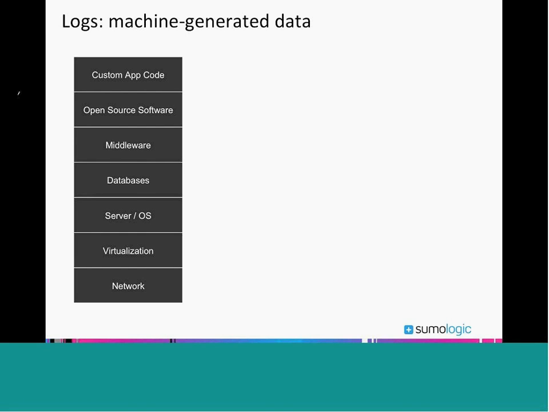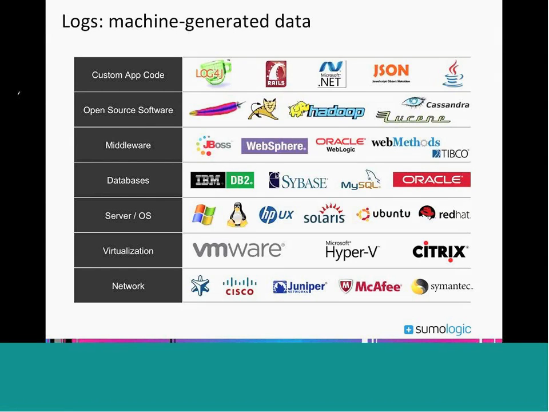And what the logs are is this machine-generated data, kind of the raw material. Basically anything that is a computer or a piece of computer software is going to be generating these logs. And given that computer infrastructure is the nervous system of modern organizations and businesses, there's a whole ton of logs being generated from a wide variety of software components. So given that companies have all of their activity being handled by computers and that computers are generating these log messages, they can be tremendously important and useful for understanding computer infrastructure behavior and what businesses are actually doing.